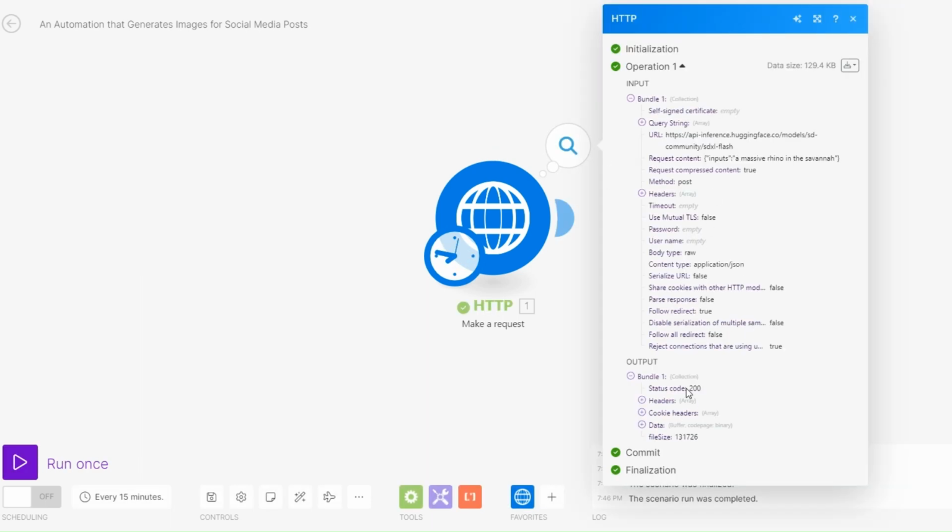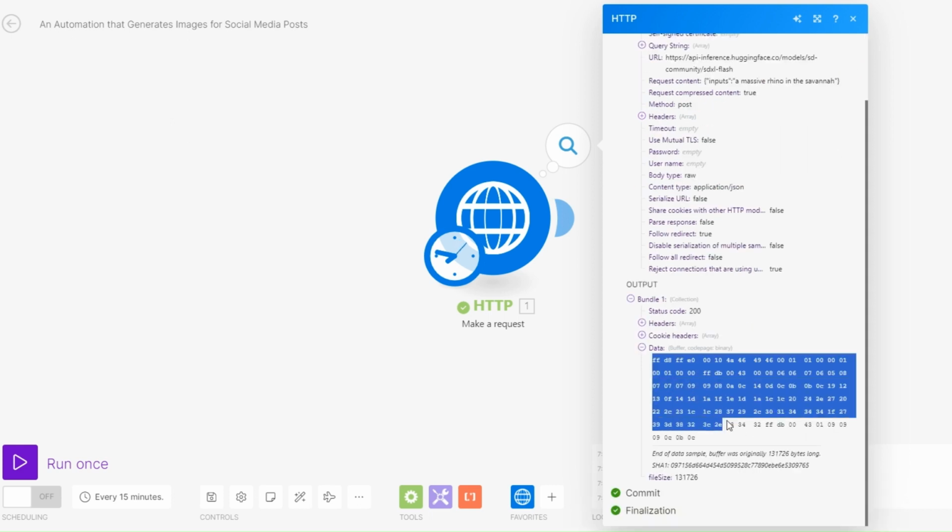And this is awesome. So you can see that our status code is 200. That means it worked. Now when we click on data, you can see that it generated our image right here. Let us upload this image on Google Drive so we can see the image that we generated. So here,